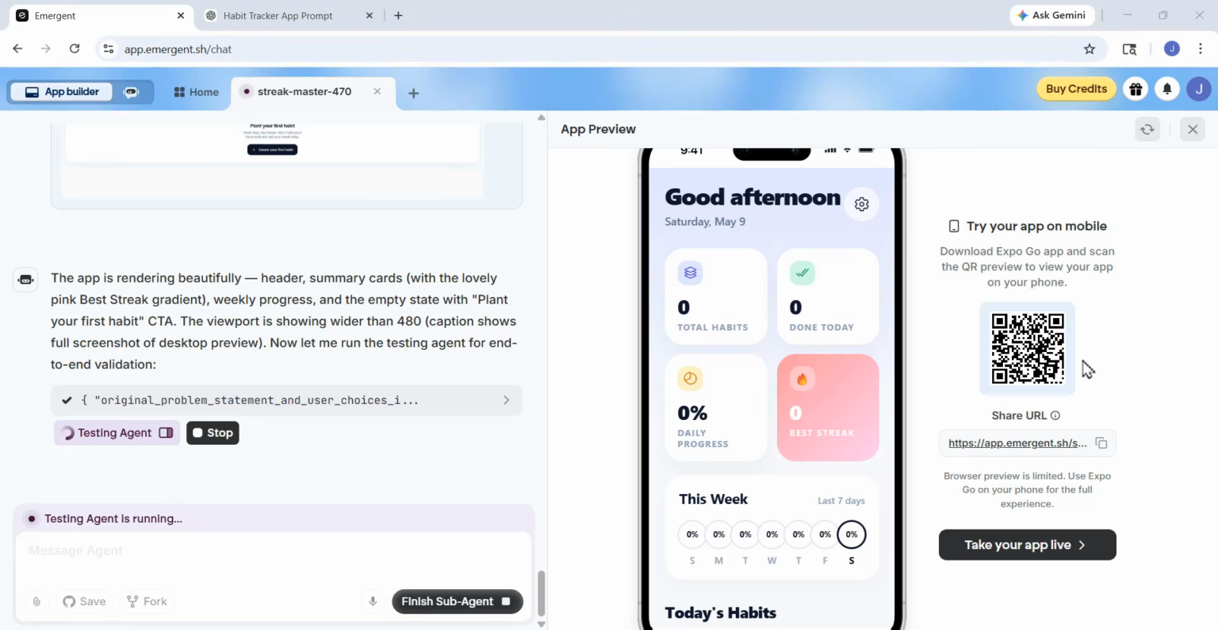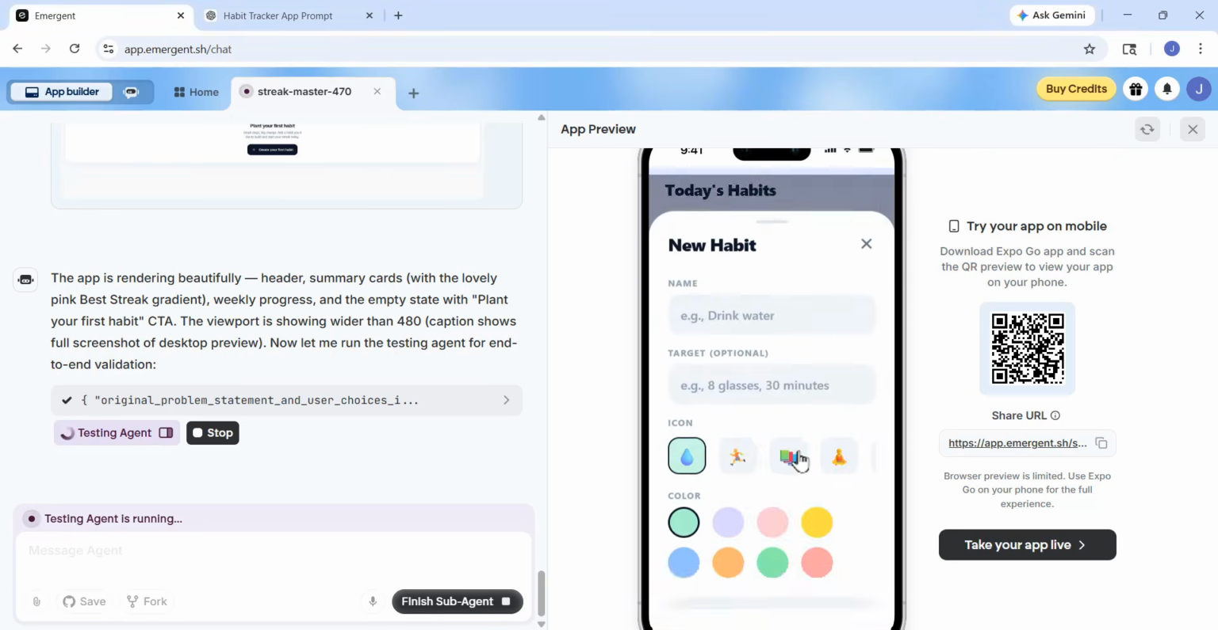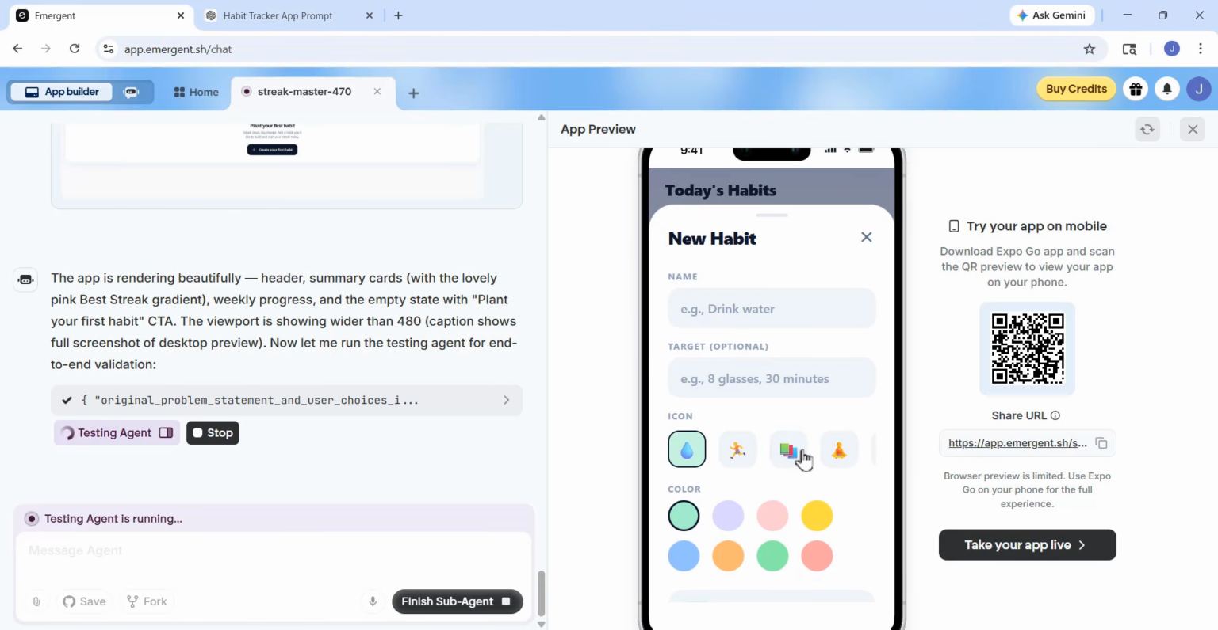So first, let's add a new habit. To do that, simply click on this plus button right here. After clicking this plus button, this new habit form will open. Now enter the habit name in the field. For example, I'm typing writing